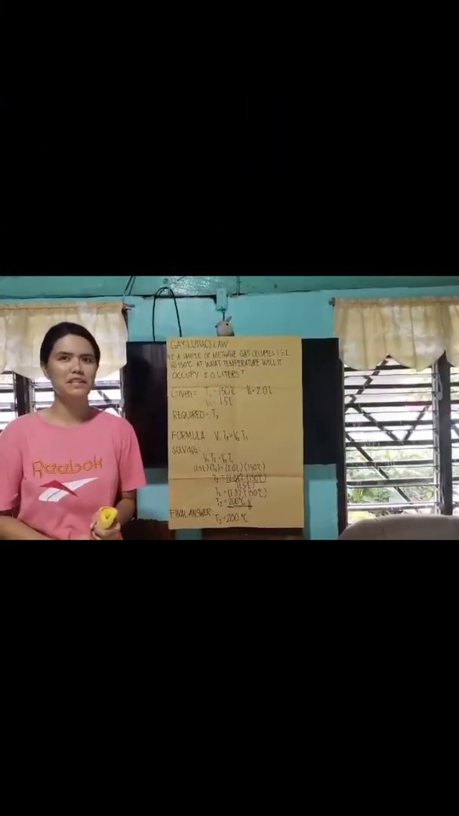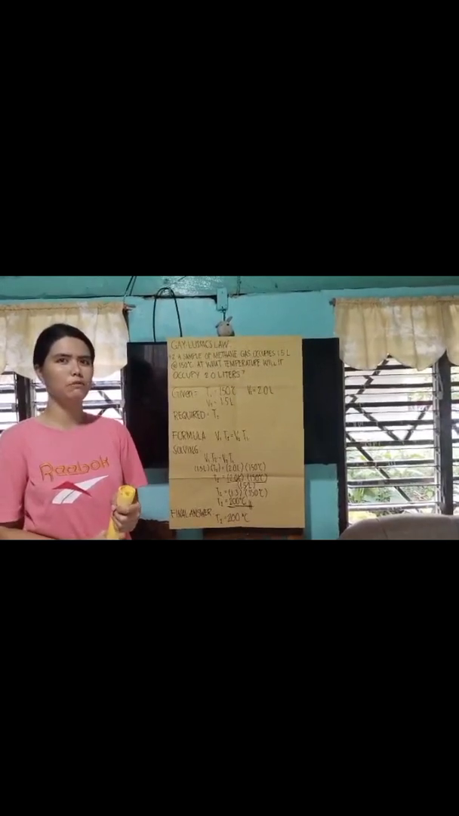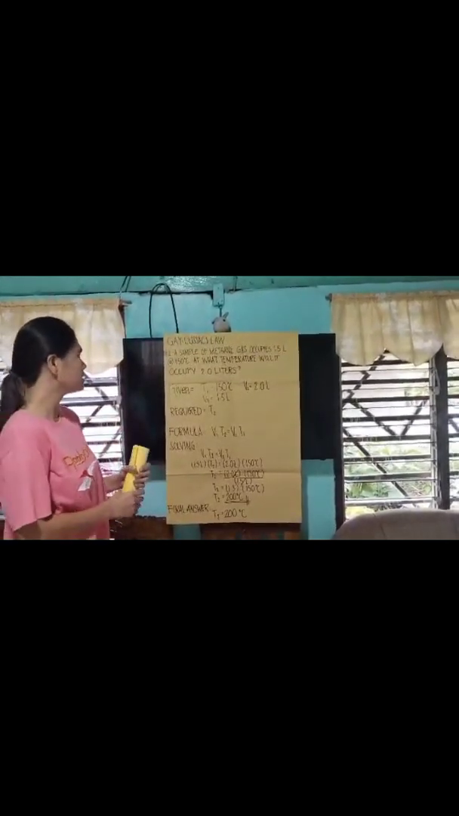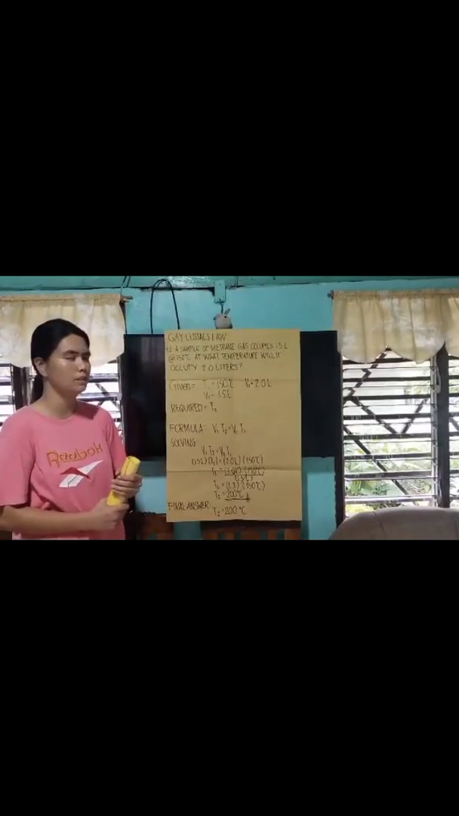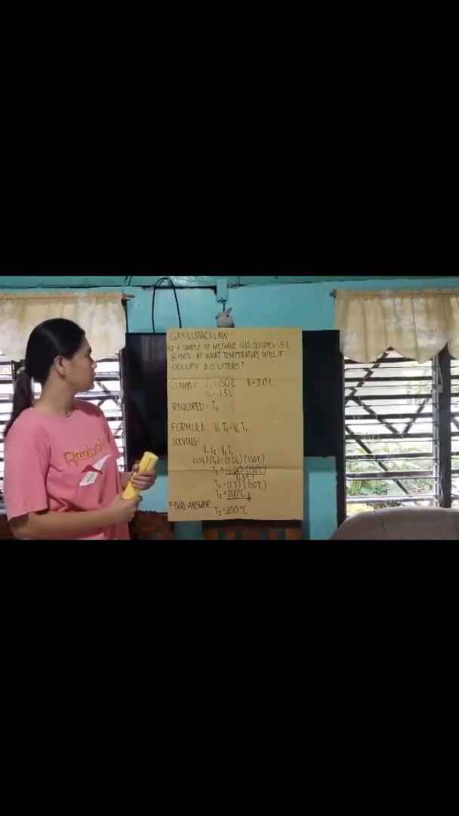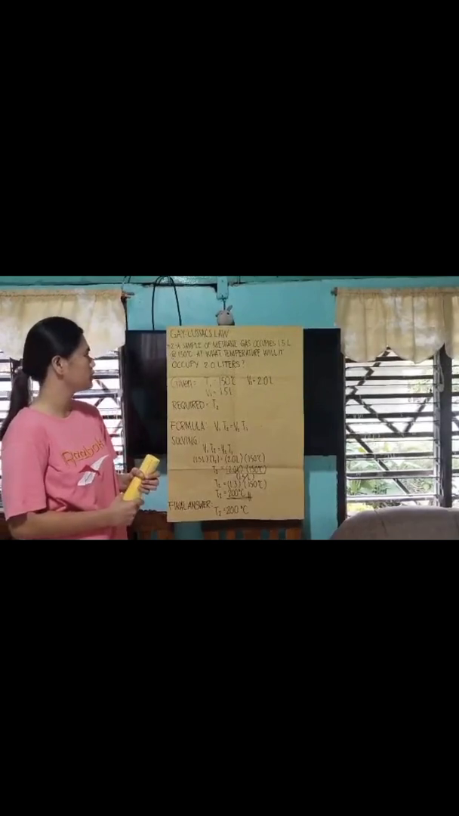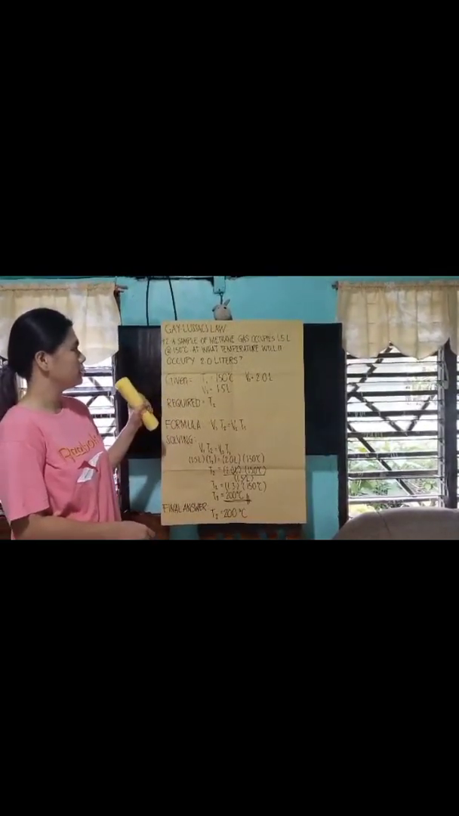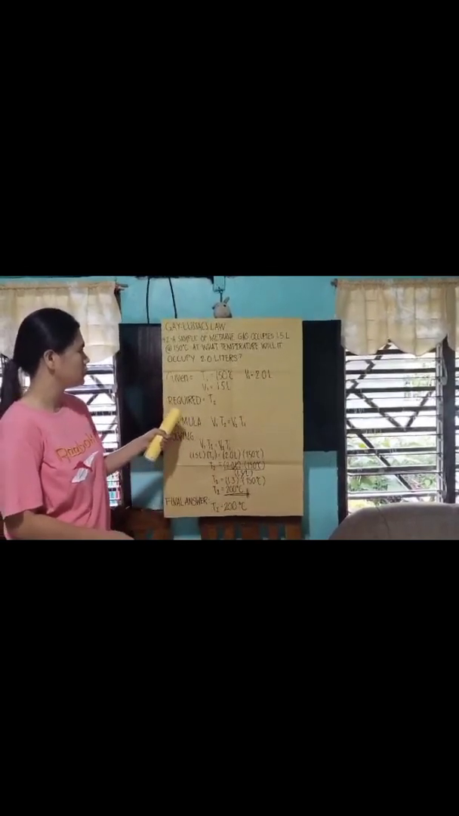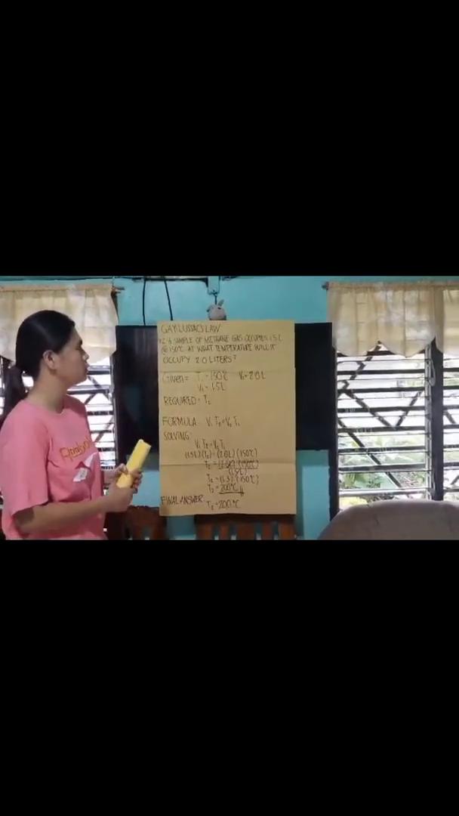For the next, proceed. Hello sir, I am Michelle C. Bernades and I'm going to solve problem number 2. A sample of methane gas occupies 1.5 liters at 250 degrees Celsius. At what temperature will it occupy 2.0 liters? Given: T1 is equal to 150 degrees Celsius, volume 1 is equal to 1.5 liters, and volume 2 is